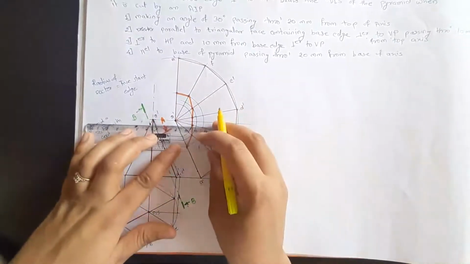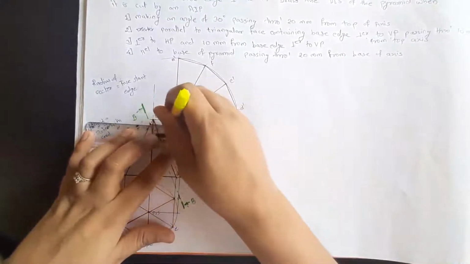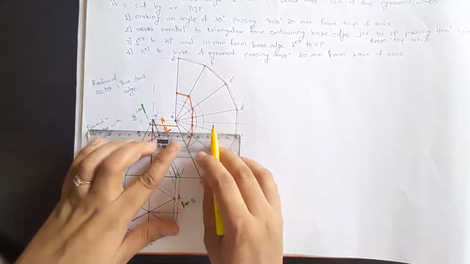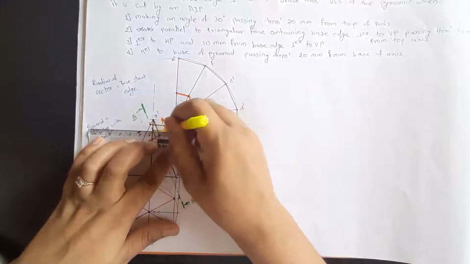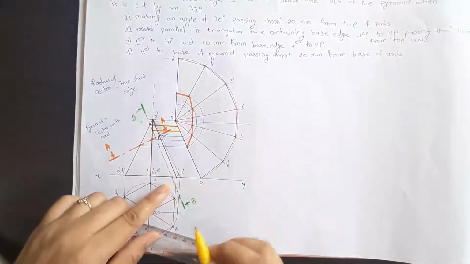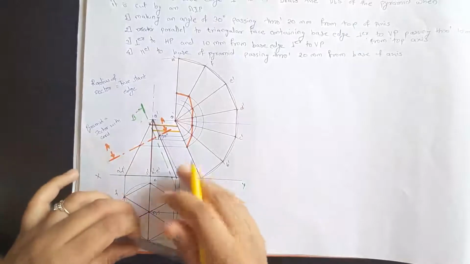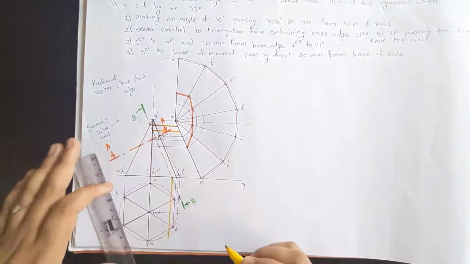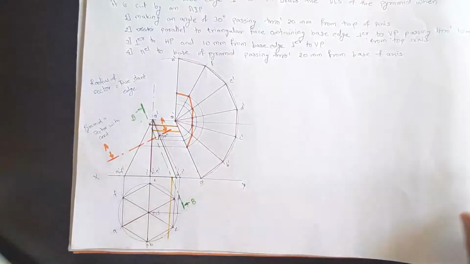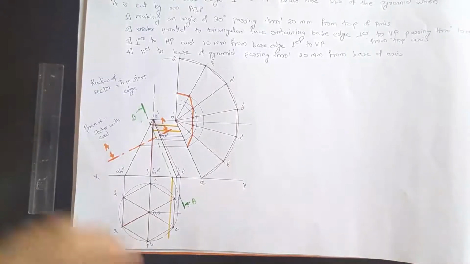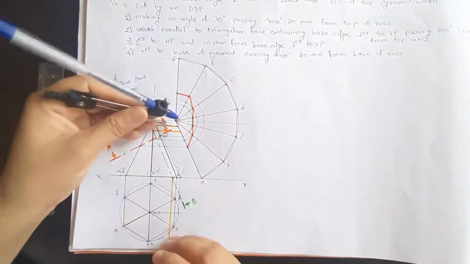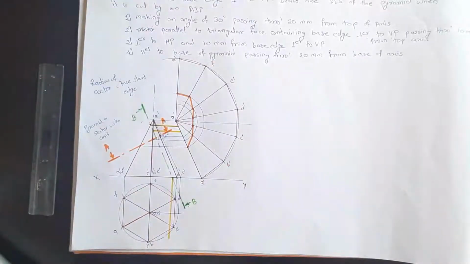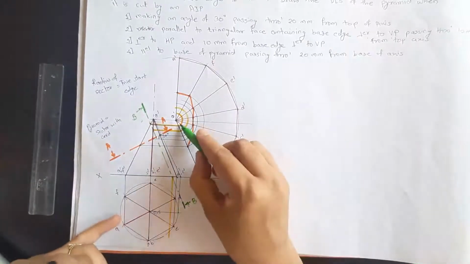Let me change the color for this so you will understand it better. Then next one, it is cutting here. And the last, it is cutting the base. So for the base you don't have to take the projection in the development, instead you have to take the projection in the top view. It is kind of similar to what we have seen in the prism. Now once you have transferred the distance, take this distance one by one in a compass and draw the arcs. So we have drawn the arcs.